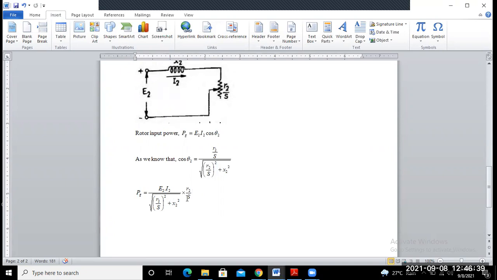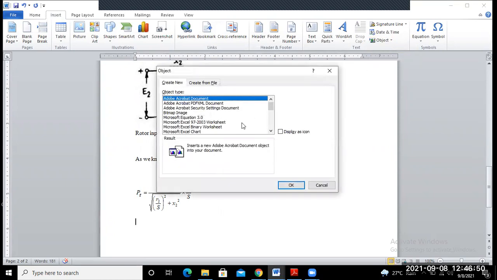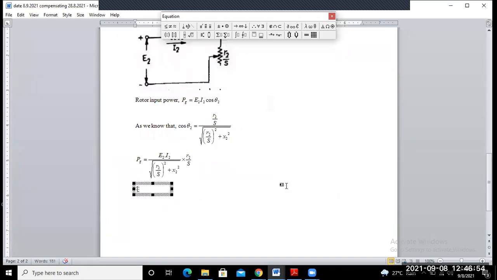So if you simplify this equation, then we can write PG, the rotor input power, equals I2 into I2, so I2 square,